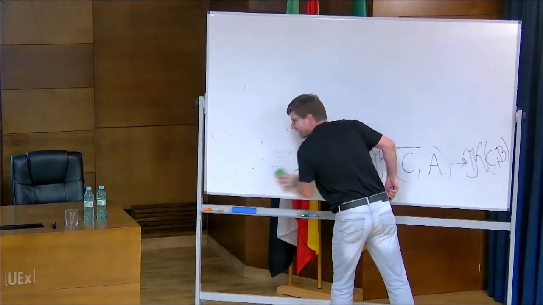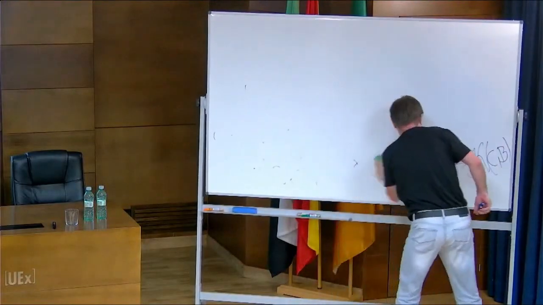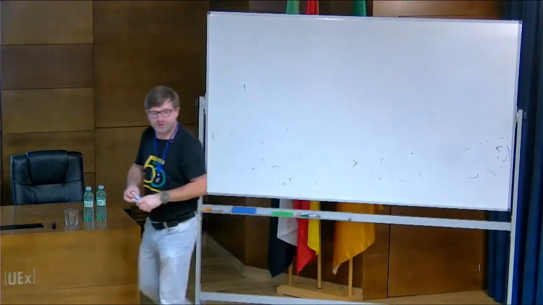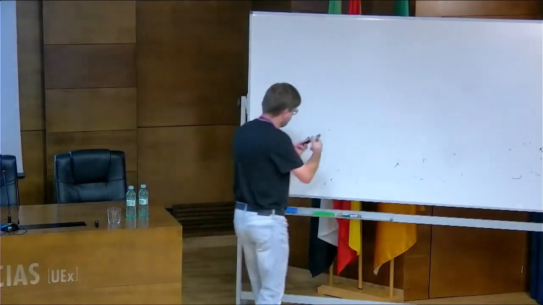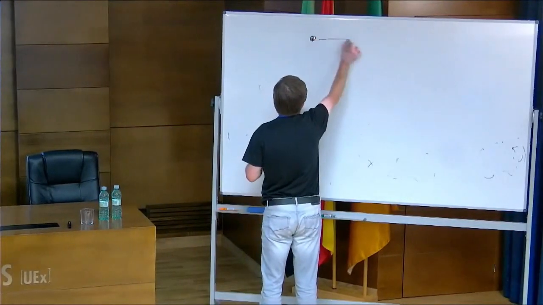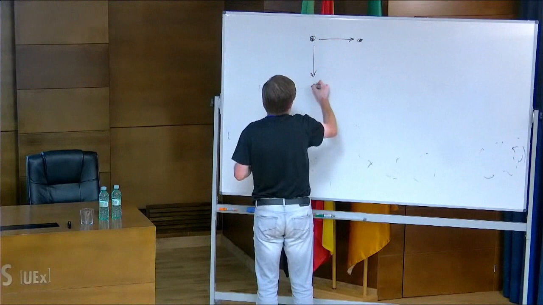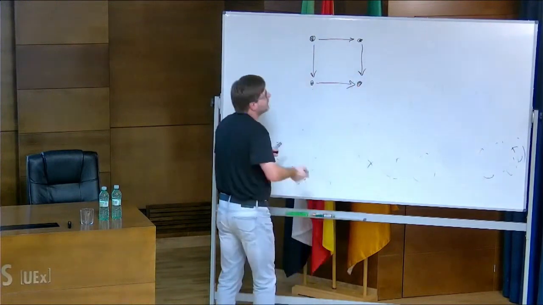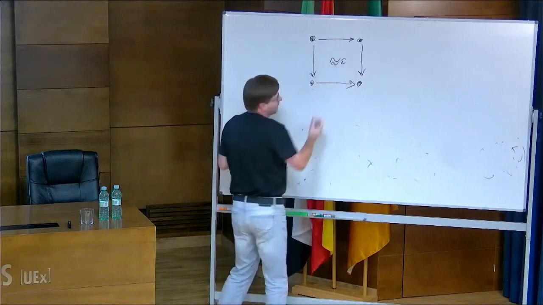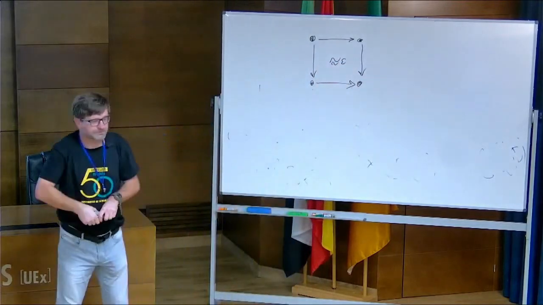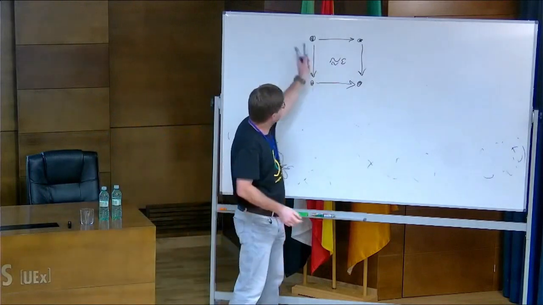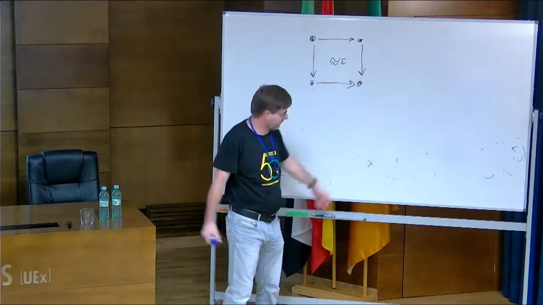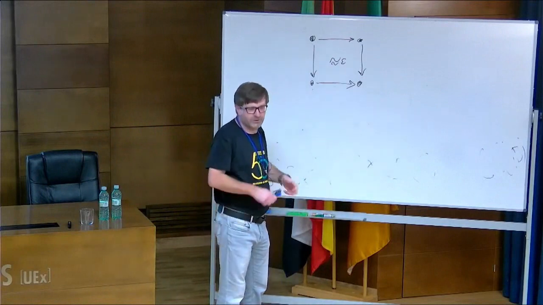Once you have a metric enriched category, you can consider non-commutative diagrams. So, for example, you have some object, you have some arrow into another one, and let's say, maybe something like amalgamation. You can say that this is commuting up to epsilon, right? Namely, going this way and this way we make epsilon error.